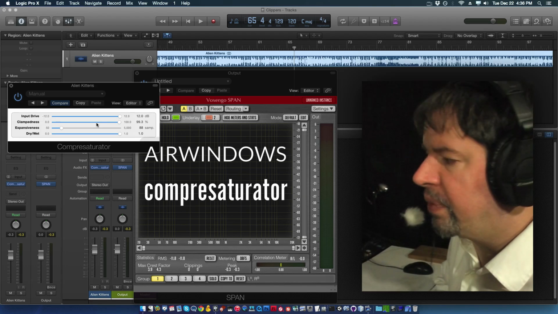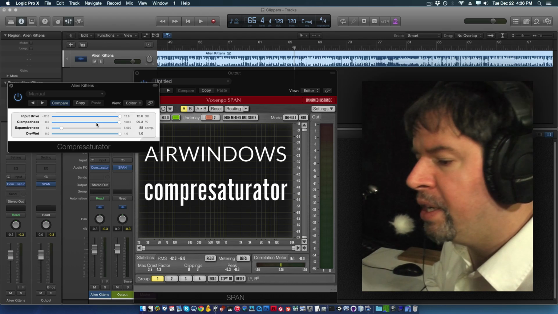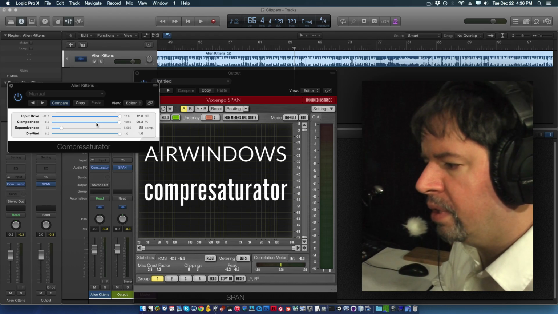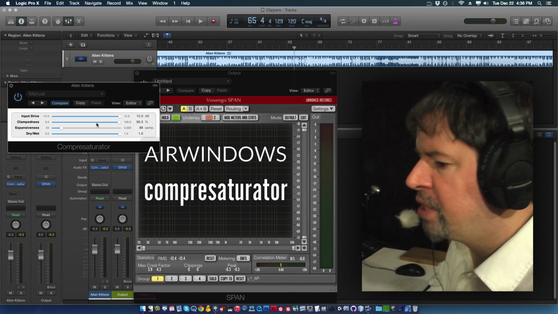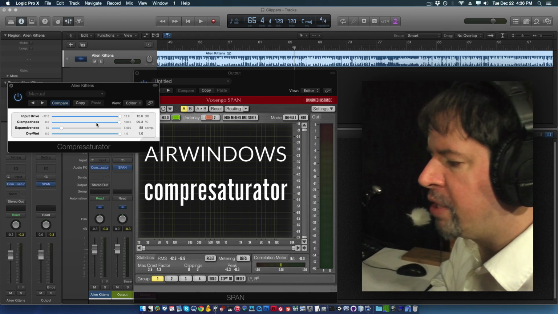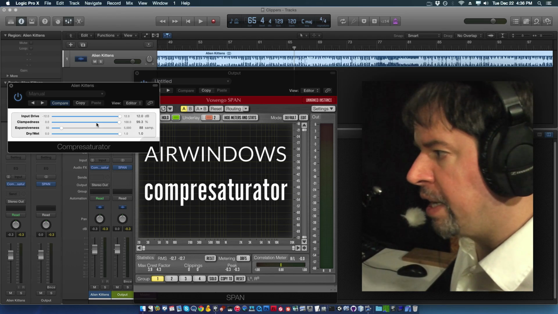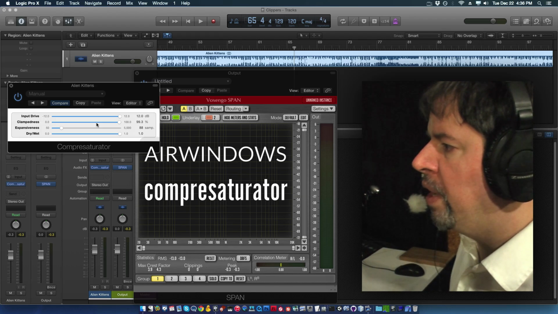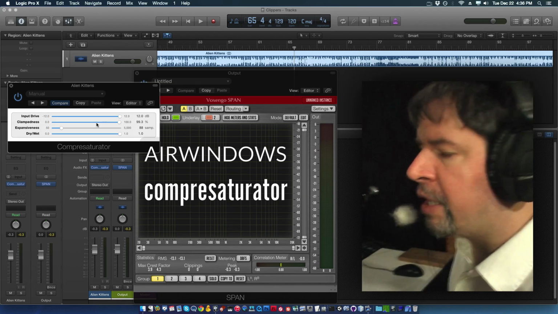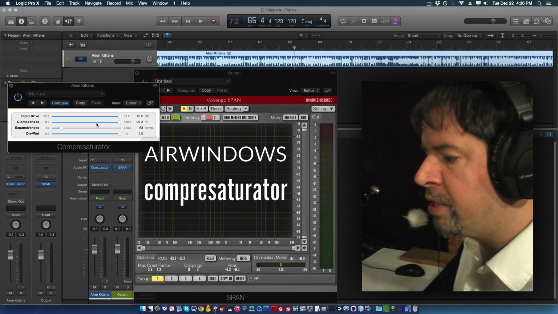But the way that works is it is adding a sample to the window when nothing is happening, when the signal is not over a threshold and it's sort of releasing and letting go. And it removes the sample from the window when it is essentially compressing and it's over a threshold and